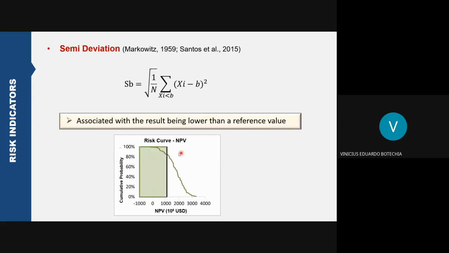We consider the risk in this risk curve, in this example, this part of the curve. You don't penalize this part. This is the possibility of gains, so you don't want to penalize that. You're considering risk in this part. So if you compare different risk curves, all these parts of the curves will be considered free of risk, and this part will be considered in the risk calculation. Right? How to choose the value of B will depend, right? It can be the highest EMV I achieved.